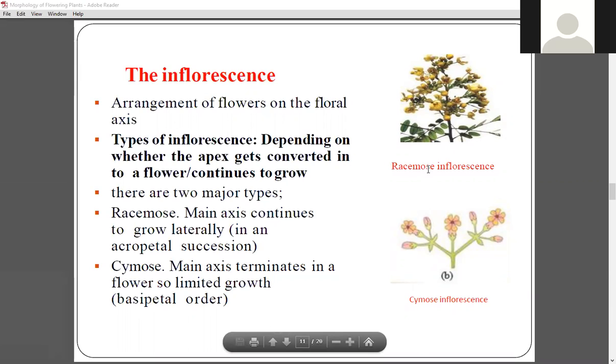So you can see the figures also. In the racemose figure, you can see that there are so many flowers and it is continuously extending, that is continuously growing. But while we are talking about the cymose, you can see the three flowers which are observed. You can see the B figure there. The flowers are at the last point. After that, they are not further growing, right? So that type of inflorescence is said to be the cymose type of inflorescence, right?